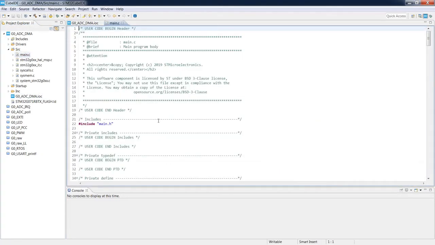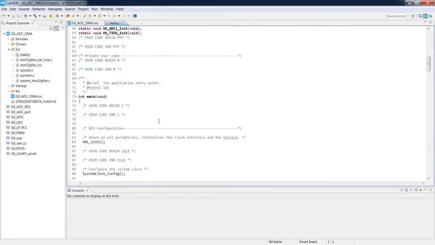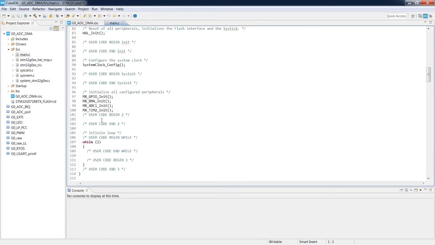Okay, so we can see it is initially pre-configured. All of the peripherals we just configured within the device configuration are initialized. What is missing is a calibration of ADC, then its start and the final configuration of its connection to DMA, and then as a final step, start of timer 2, which would trigger the ADC conversions.